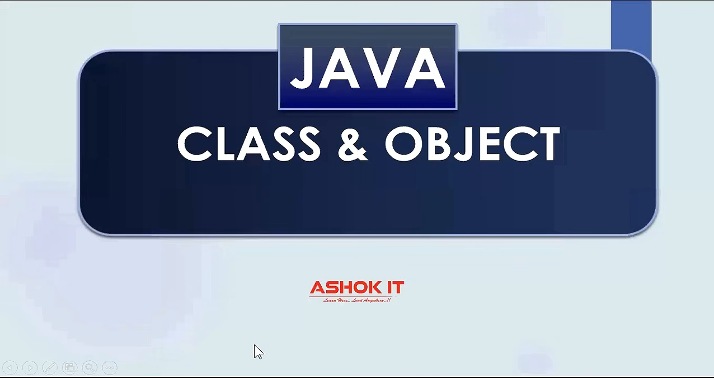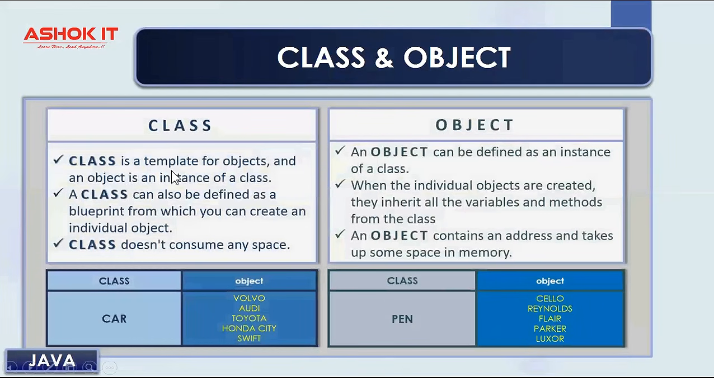So now let's see the basics of object-oriented programming. The very basic and important concepts of object-oriented programming are class and object. When we say class, it is a template for objects. When we create a class, it is like we are defining what an object should contain. So class is a template for objects, and an object is an instance of a class. So object acts as reference of class, and class can also be defined as a blueprint from which you can create